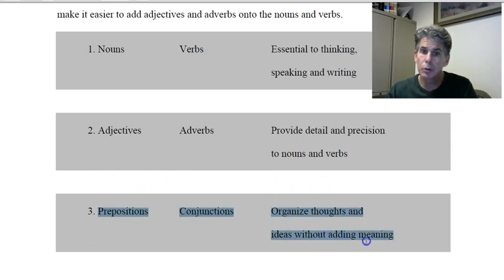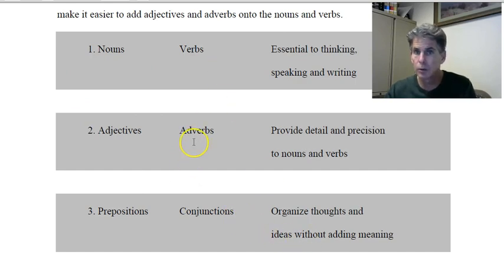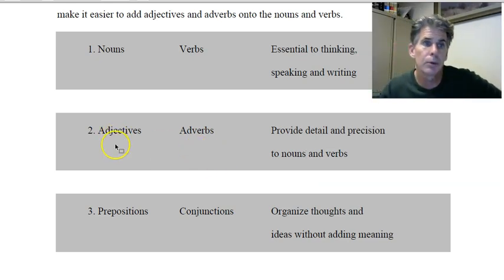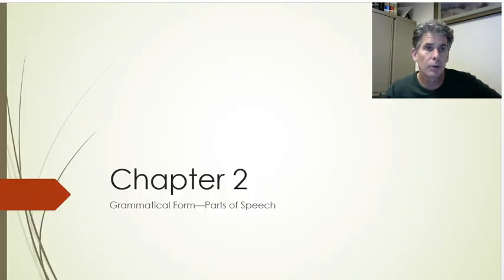Being able to use these well means that you can handle more sophisticated, elegant, and precise thinking. These are part of making you into a good writer. Notice one thing I keep coming back to: it is not about using big words. It just isn't. It's about organizing your thoughts and making them precise with these three different levels. And you're going to be toggling between these three levels in order to write well. You don't need big fancy words. So let me go through, and I'll come back to the book in a bit and go through some of the exercises. Let's go through nouns and verbs first.